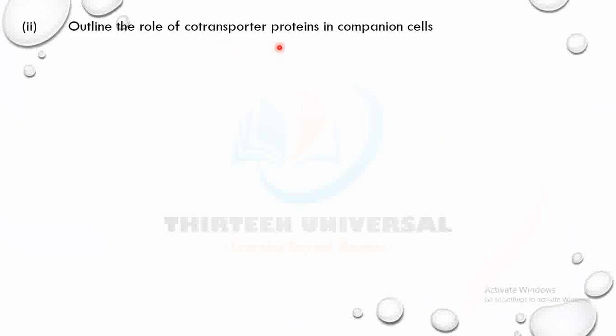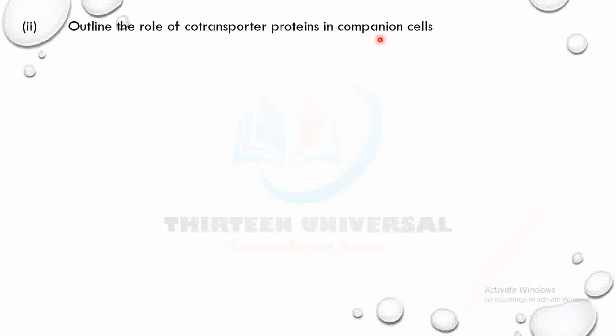Outline the role of co-transporter proteins in companion cells. I want you to pause the video and try it. What does a co-transporter do? Remember, the word co-transporter, co means that it transports two different molecules. It transports sucrose and hydrogen ions from the cell wall of the companion cell